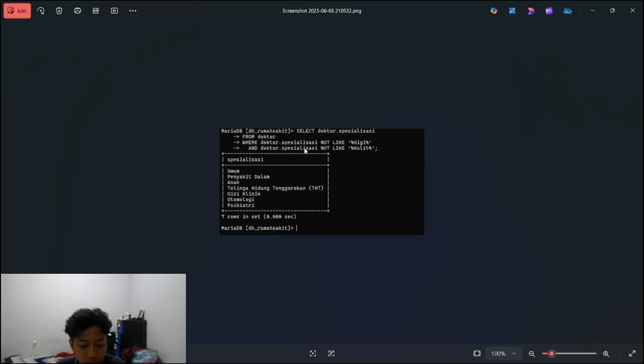And NOT LIKE is used to exclude words containing this part. The wildcard in here matches any character before or after the word being searched.